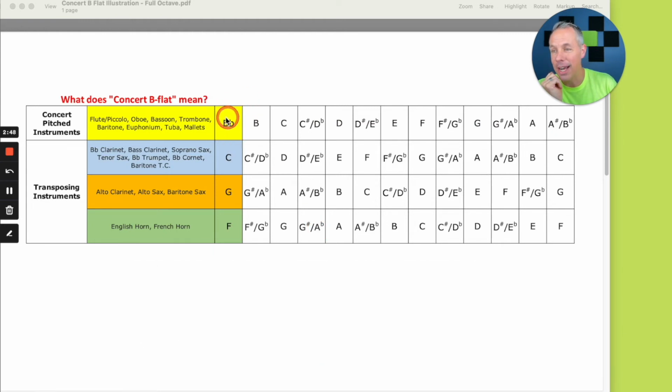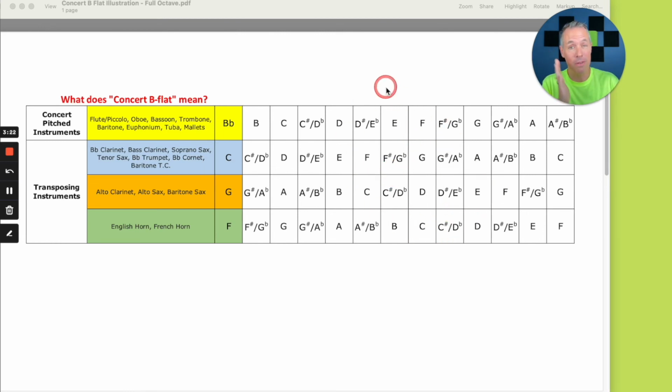So we've looked at concert B flat. Let's jump up here to concert F, which is another famous note that band directors like to pick to tune to. If they said play a concert F, well then the trumpets would play a G, the alto saxophones would play a D, and the French horns would play a C, all to sound like that concert F. And it's true for all of these notes. You could look at this sheet and try to make some associations. It'd be really cool. Again, there's a lot going on here.